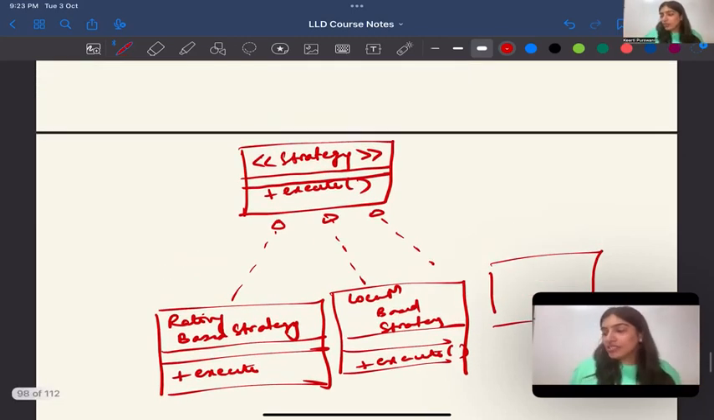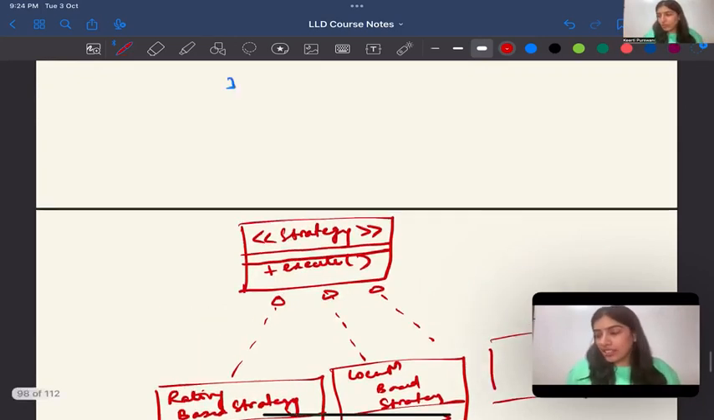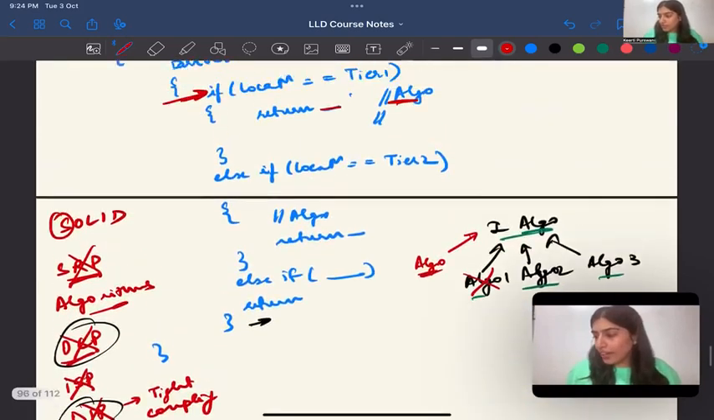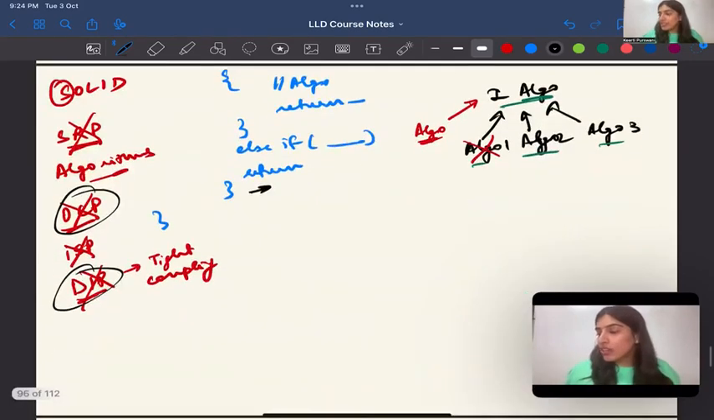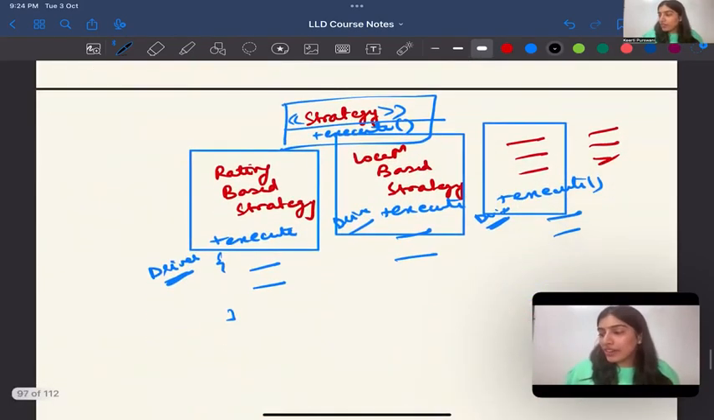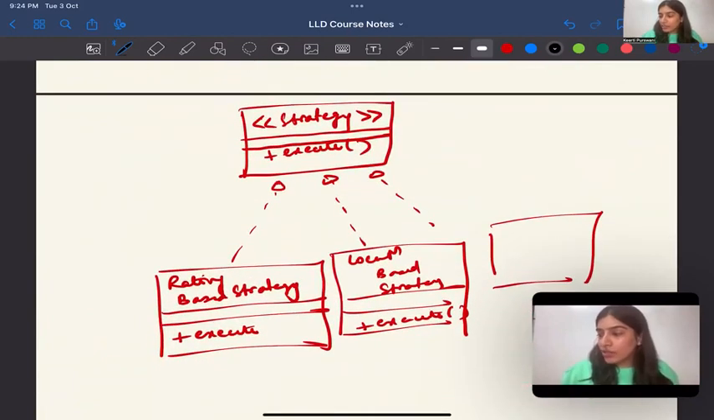Now the point is that who is actually calling the strategy? How are we deciding that this strategy has to be followed and all of that? So remember, there was a class over here that we wrote, driver allocation manager, and it had all the code. So now what we are going to do is this driver allocation manager, we're still going to have it. I'm going to keep it over here. Driver